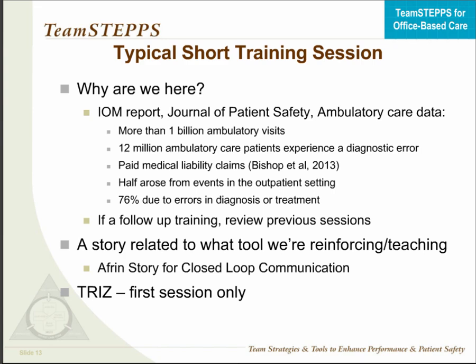And kind of bring it to real life form. If you're doing multiple trainings, you just kind of review what you talked about in the previous trainings. And then we always have a story to tell. And our go-to story, and I'm just going to share this with you guys, was a 4-year-old child that got Afrin. She was a heart transplant child that shouldn't have got Afrin. Apparently it's contraindicated in kids that have had heart transplants. And she ended up going into cardiac arrest at home with her mom and severely injured.